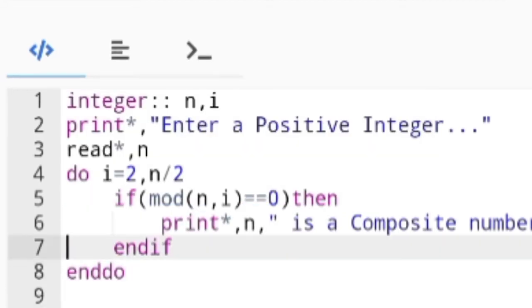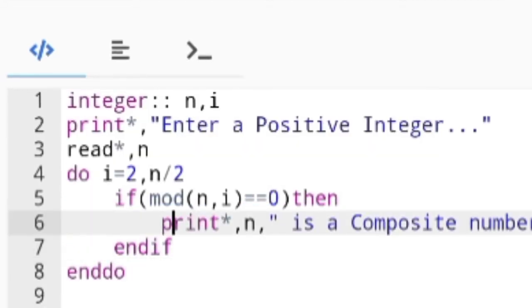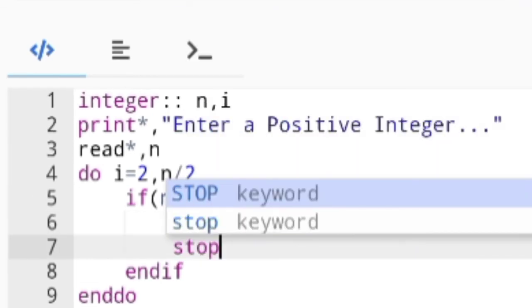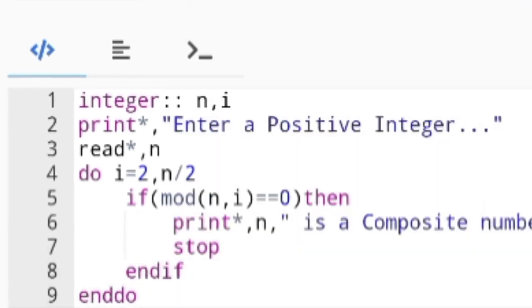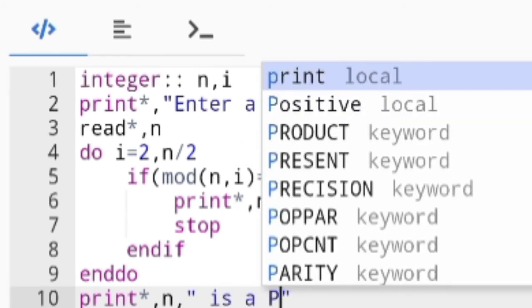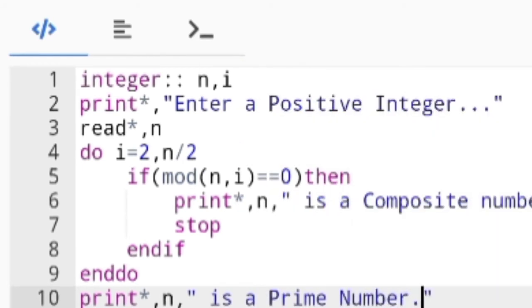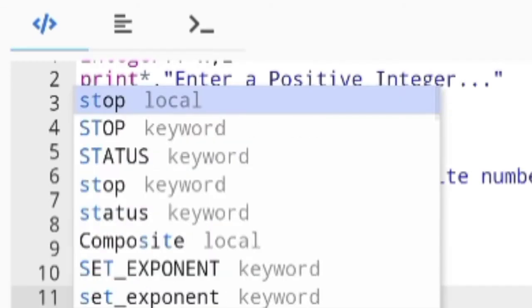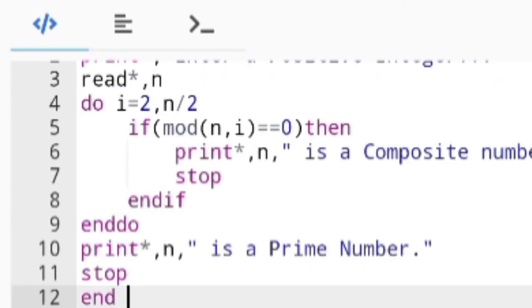Here there is no concept of a block. So just the start statement do i equal to 2 to n by 2, and the end statement is end do. I am coming out of the do loop. Then I am printing that if I don't find any integer, means any remainder, then it will print that n, which is the given number, is a prime number. So here I have completed the code, and I am now giving the input as 13. So 13 is a prime number.